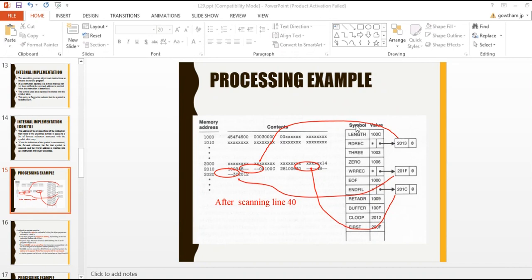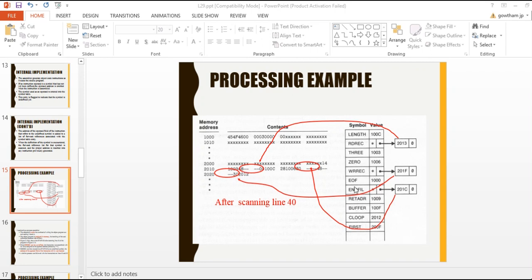So enter them into the symbol table. The symbols are entered into the symbol table, and the value field will be marked as undefined. The star indicates undefined. Here 48 is the opcode of JSUB, the first one being RDREC, and the operand field will be blank.